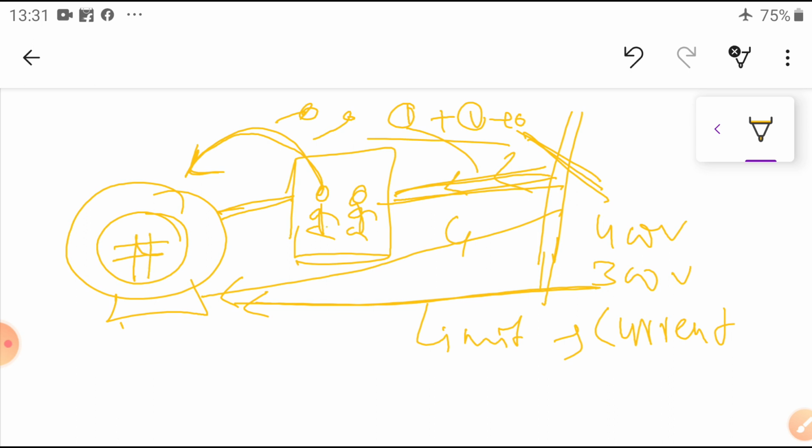Similarly, if the voltage varies by more than plus or minus 10 percent, then it automatically switches off the supply to your connection. Otherwise, due to the low voltage, we would draw more current. That current may heat the motor, and the motor will burn out. That situation is protected by your mother. Whether the voltage is 300 or 500, it can be avoided with the help of your mother. Over voltage or under voltage is taken care of by your mother.